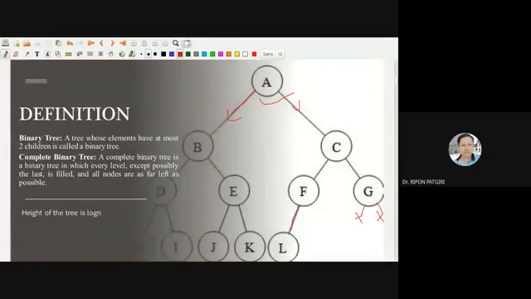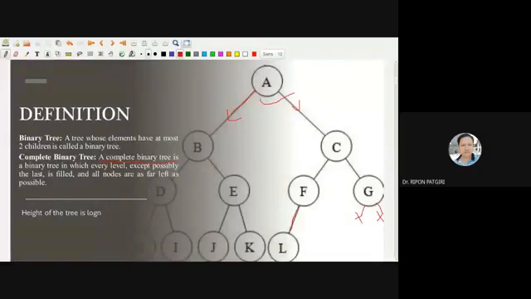So if a tree has at most two children, then we will say this tree is a binary tree. And there is a complete binary tree concept. In the definition you can see a complete binary tree is a binary tree in which every level except possibly the last is filled, and all nodes are as far left as possible.